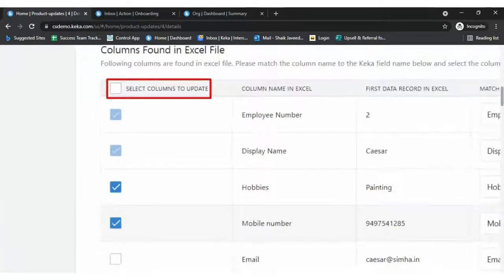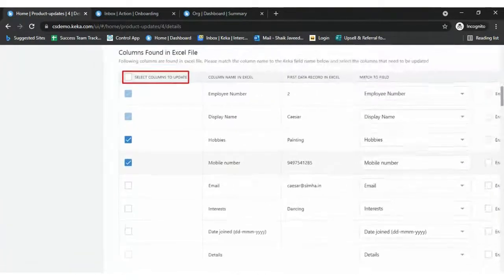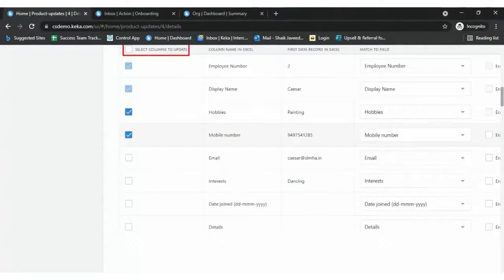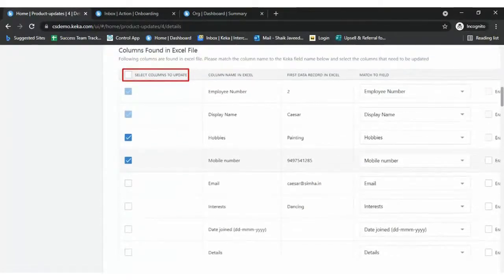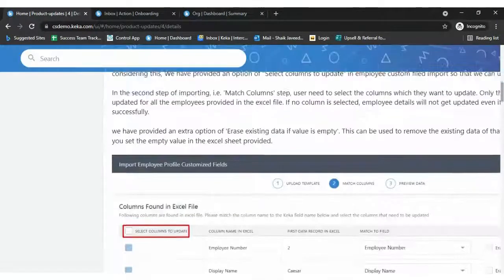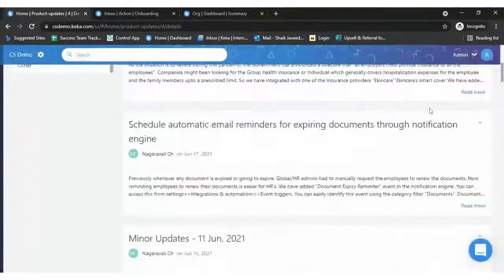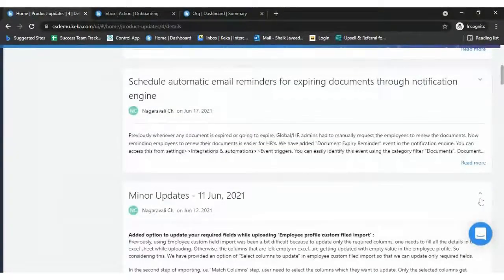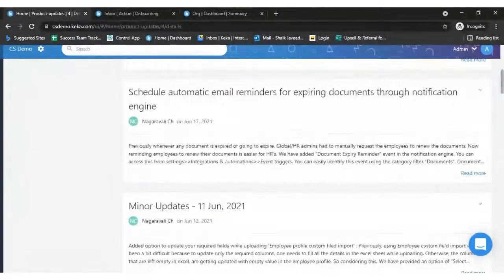Only the columns selected will be updated, and the rest of the columns will remain unchanged even though you provide the data as blank. This is one of the interesting updates, I can say. Earlier it was a lot of trouble and very problematic to update, and I think it got resolved for many of the clients.